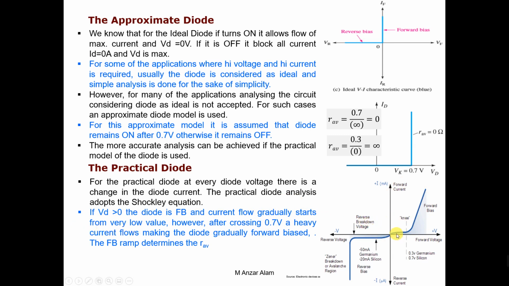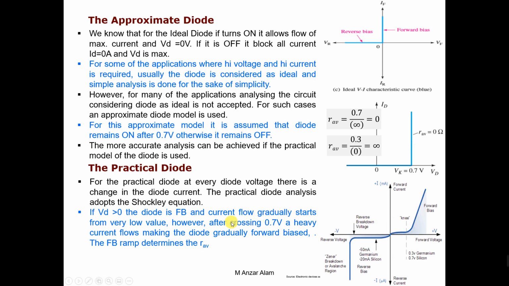Current starts from a very low value, from 0 to the knee voltage. However, after crossing the knee voltage, a heavy current flows, making the diode gradually forward biased. The forward bias ramp determines the average resistance. That's true, this ramp determines the average resistance. So the more vertical it is,